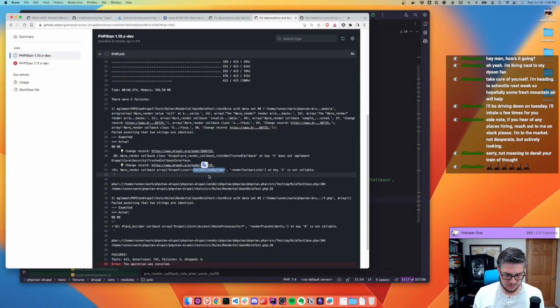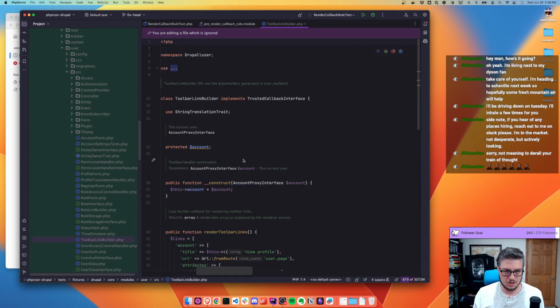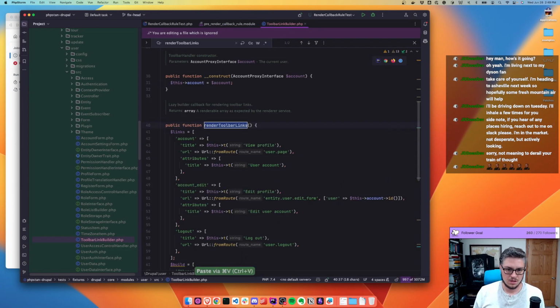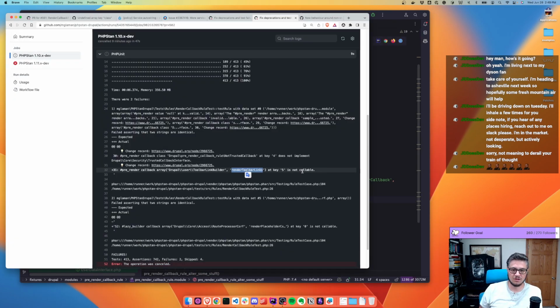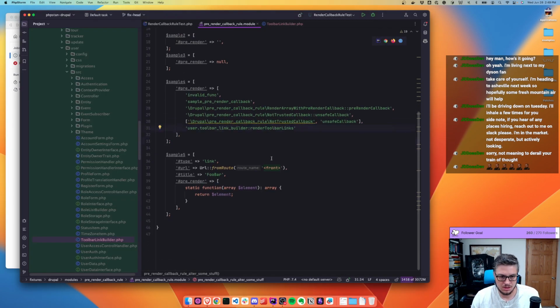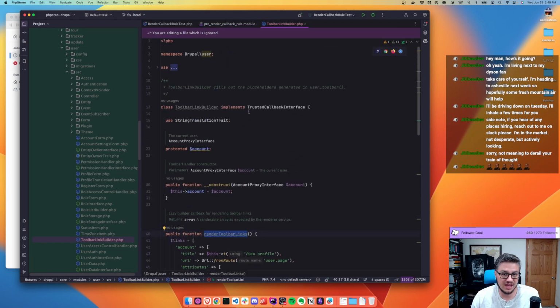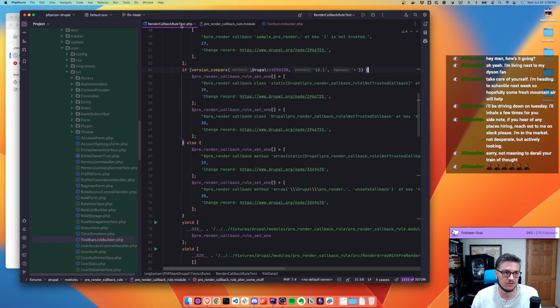User, what is this? It says user toolbar link builder. We got that method, render toolbar links. It says it's not callable, but it totally is, and something broke. But it is callable. Oh, because it's not static, but it's going to be accessed through the service container. So,